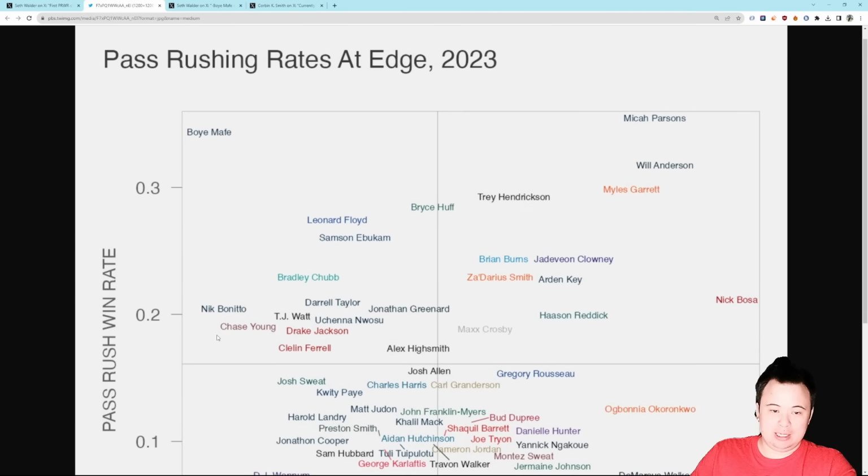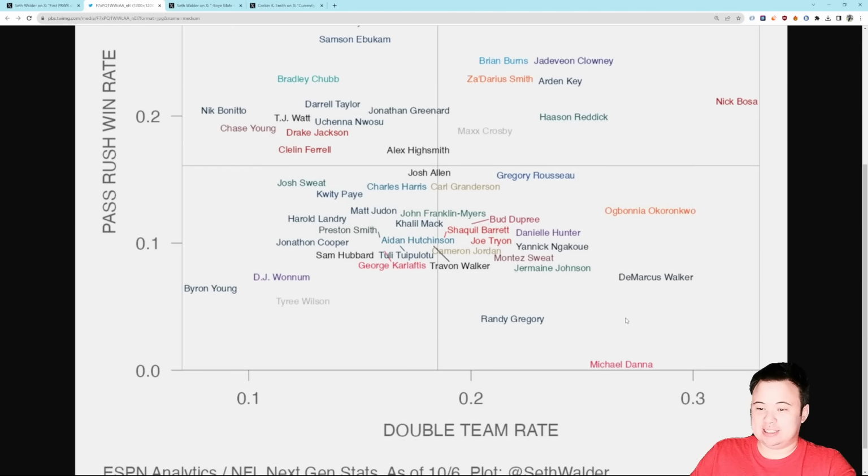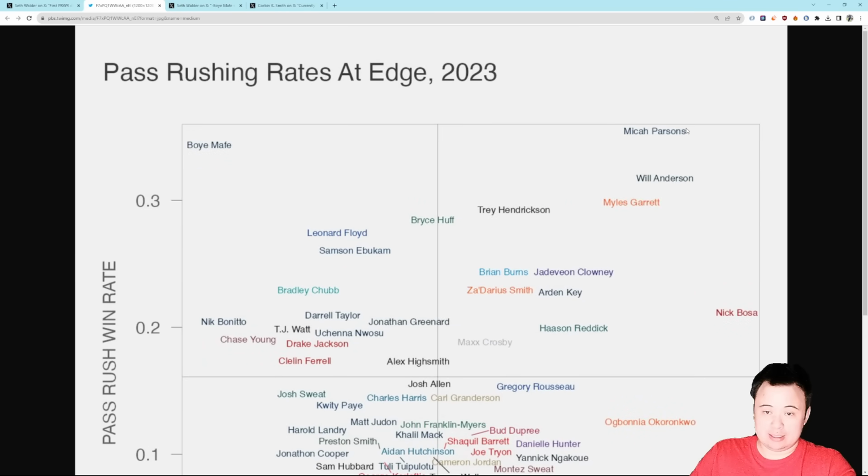But he is winning on his pass rush reps about 34% of the time, 35% of the time, approximately, based off this chart. The only player in the entire NFL that has a higher pass rush win rate than Mafe is Micah Parsons. Now, Parsons is more meaningful because Parsons is getting double teamed a lot, but it's still pretty dang nice for a young player on a rookie deal who,